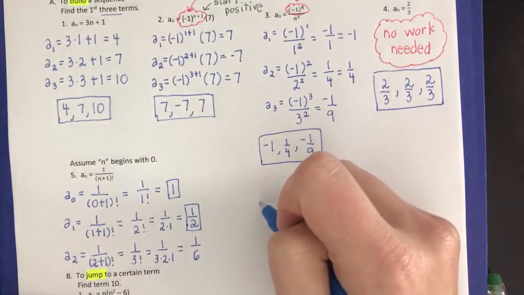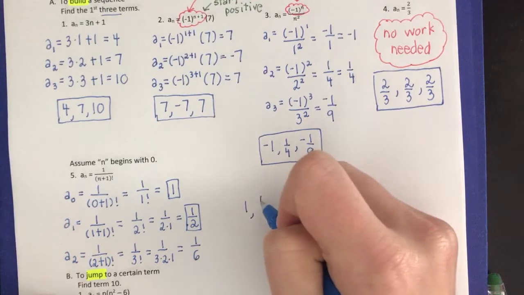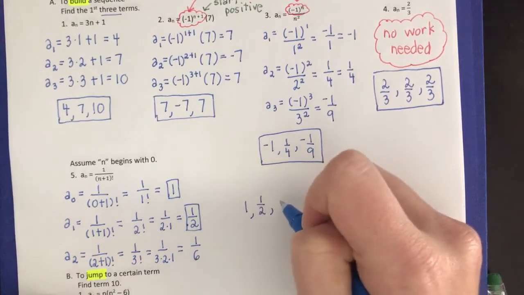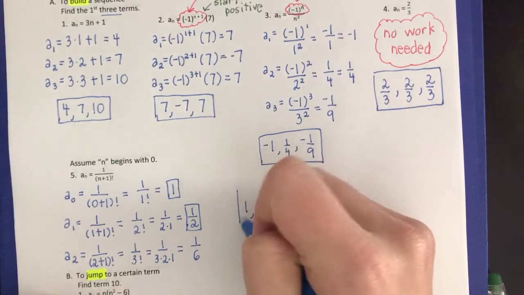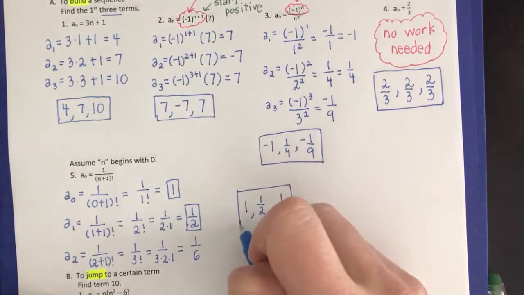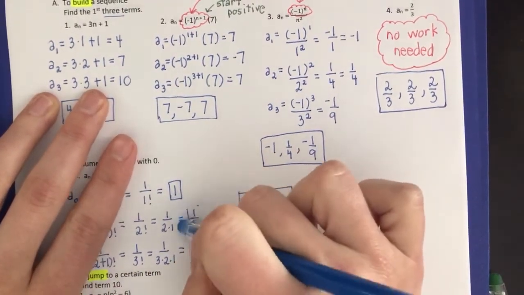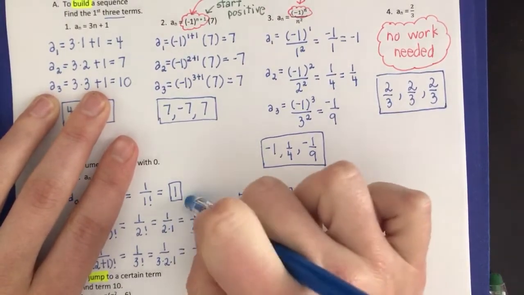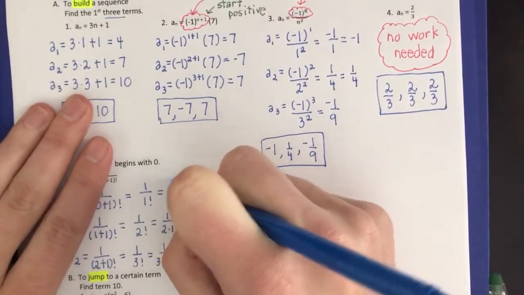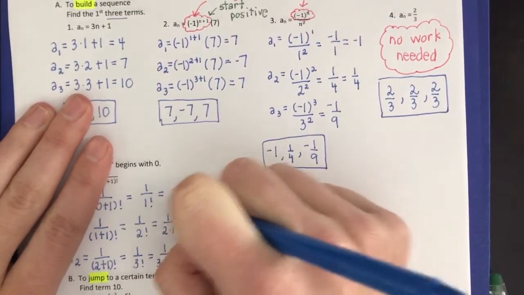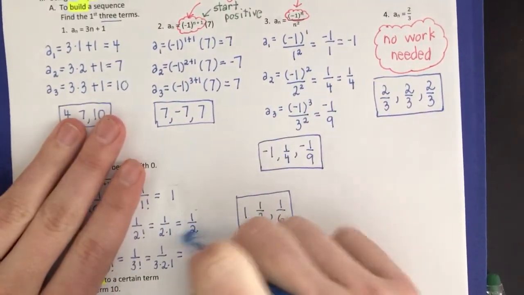So our final answer for this, I shouldn't have really probably been boxing along the way, is 1, 1/2, 1/6. So if you want to take those boxes off, since that's not really our final answer, if it'll bother you, we didn't do it on the rest. Might bother me a little. Okay,